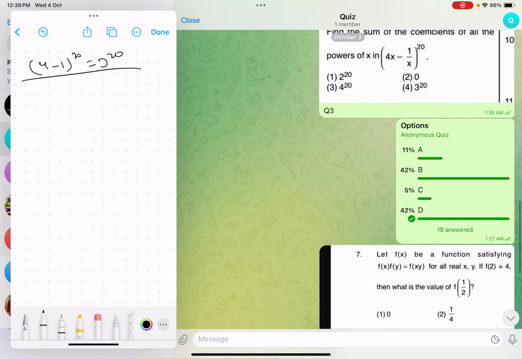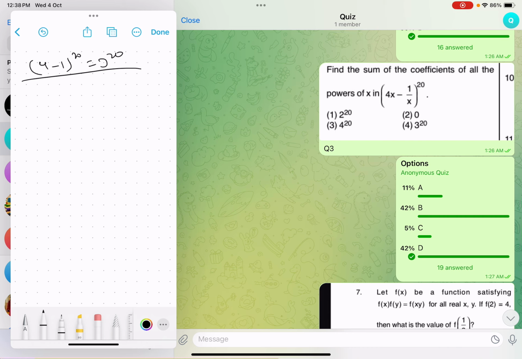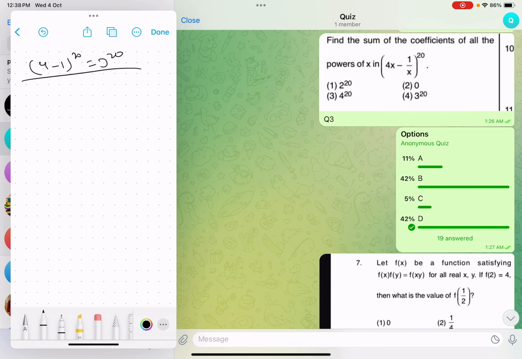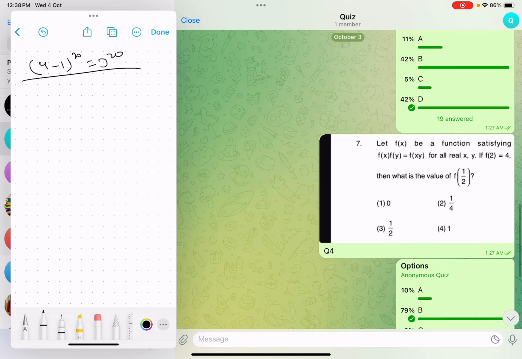Okay, this question I have taken because it may be possible that one alien question comes and this becomes that alien question. So in case you know that you have to put all the variables, in place of variables, you have to put 1, then you will be able to do this. Okay, so that's why I have taken this question.